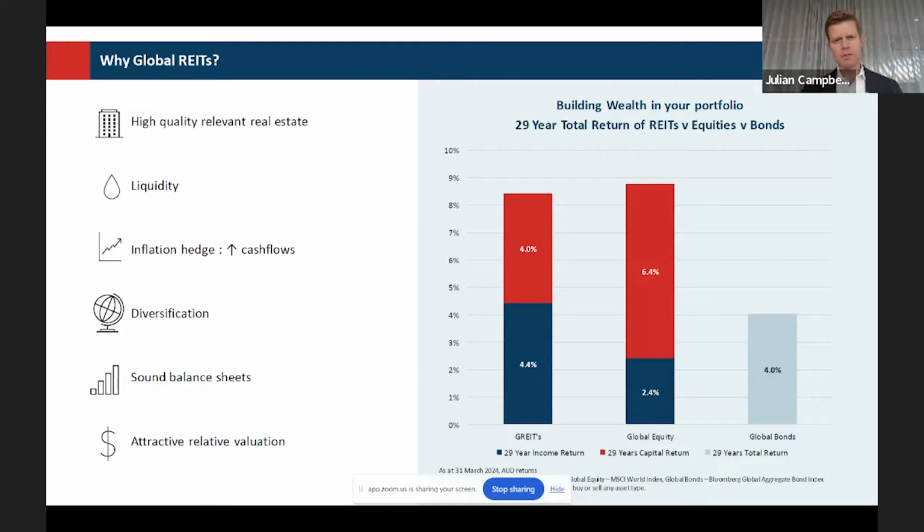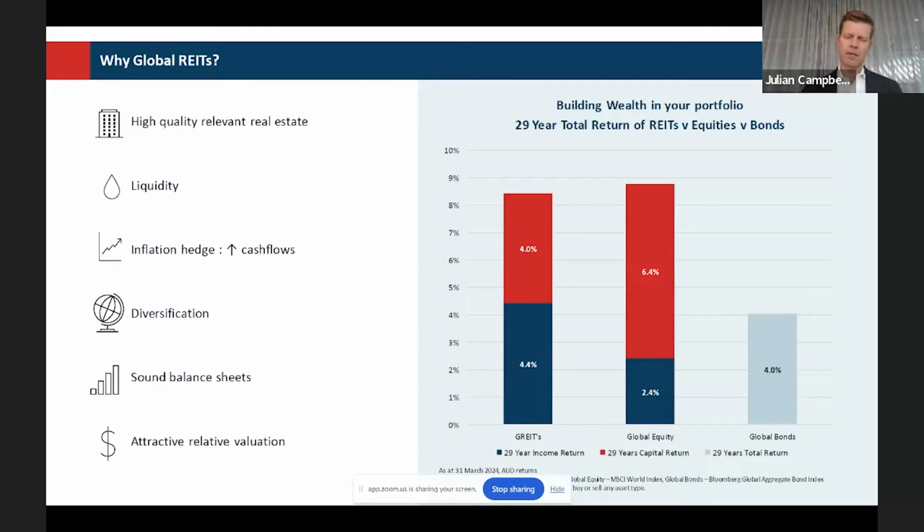And this is a true competitive advantage for the listed sector at this point in time, being that they have low leverage. So 30% loan to value across the ResCap portfolio. And that's on values which on average have already declined 10 to 20%. That puts it in a competitive advantage versus the private markets, which may be more reliant on the banking system and are running high leverage. So they're in a good position to take advantage of opportunities.